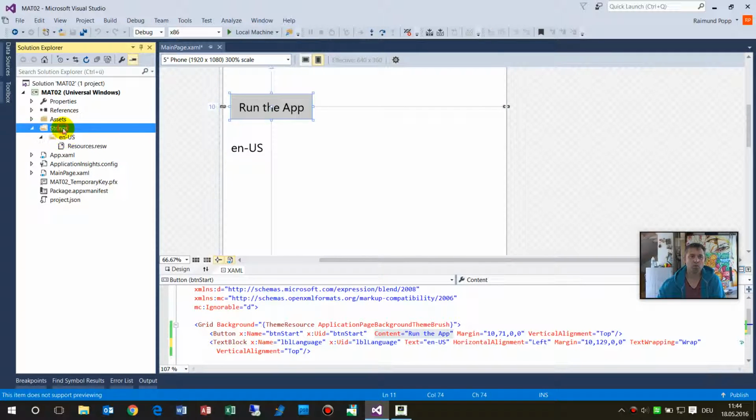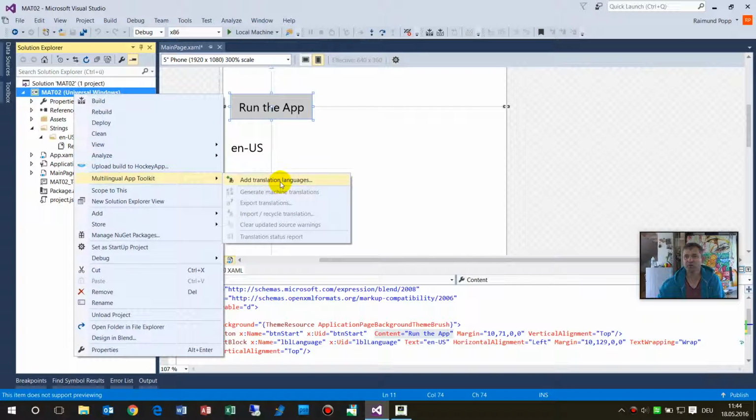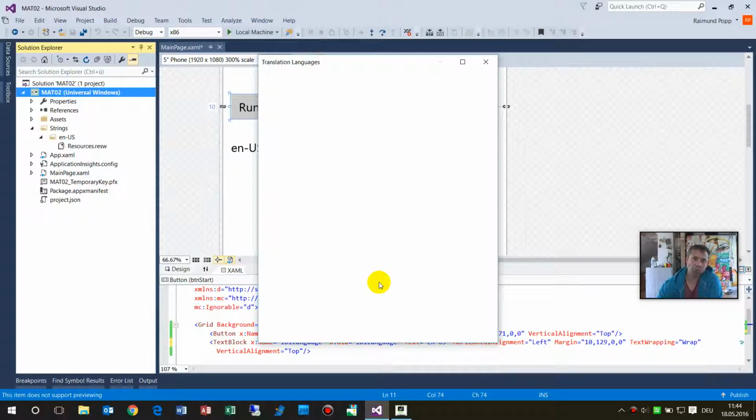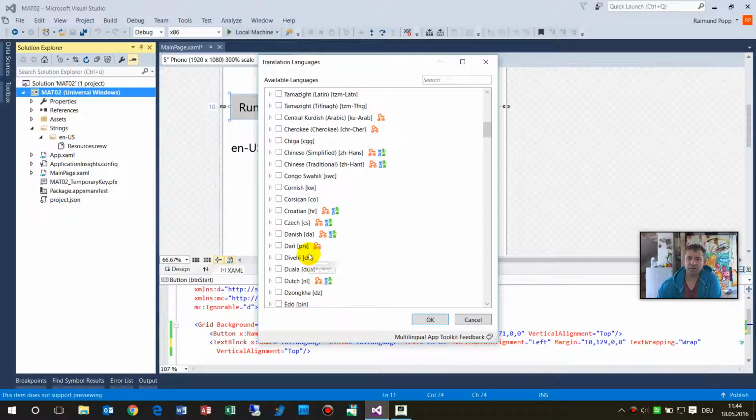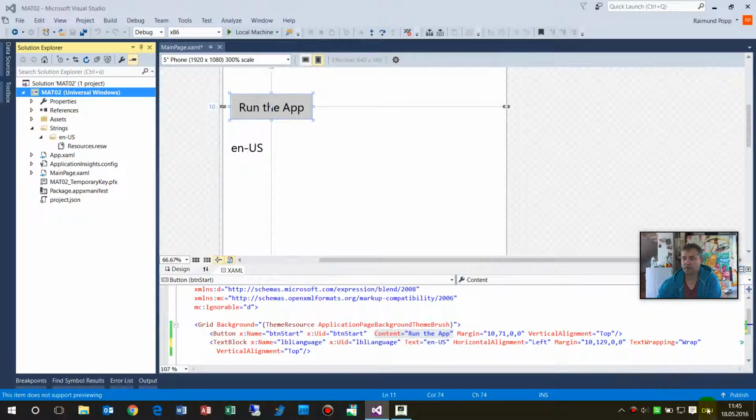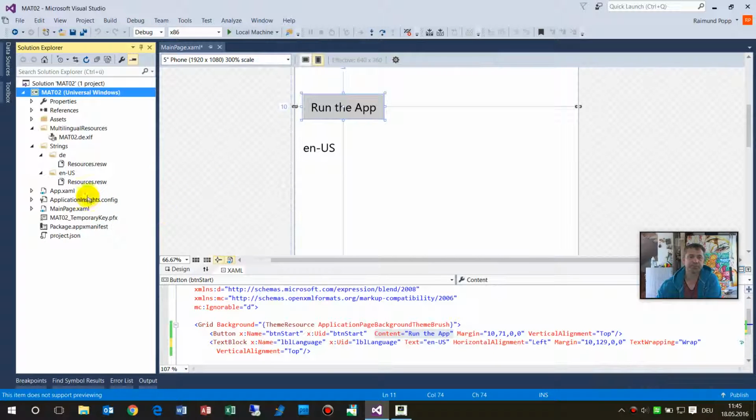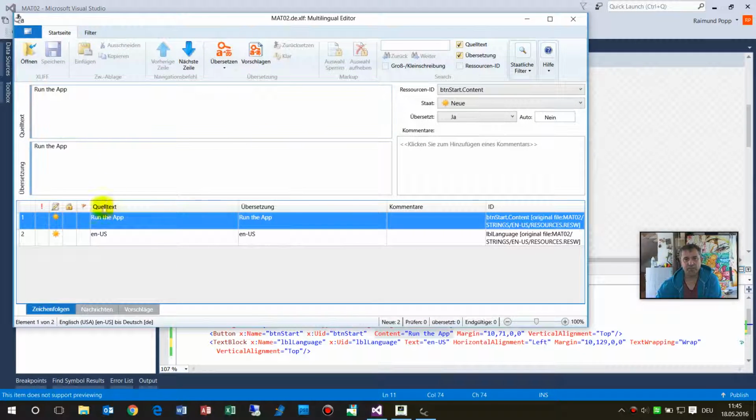Now, as soon as I've added this ENUS language file, I'm able to add a new translation language. This was not enabled in here before. Now when I add this one, I'm going to my German language, but all the other languages too. Here Deutsch or German is written. You will see here's a new file, and this file is also new. And when I double click on the XLF file, you will see